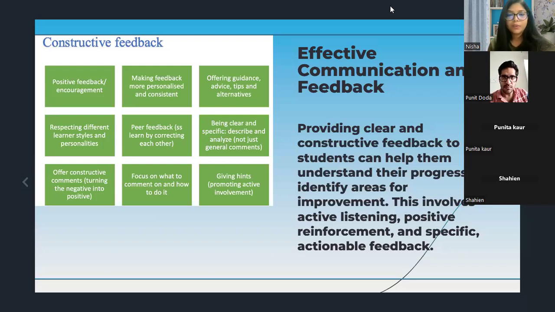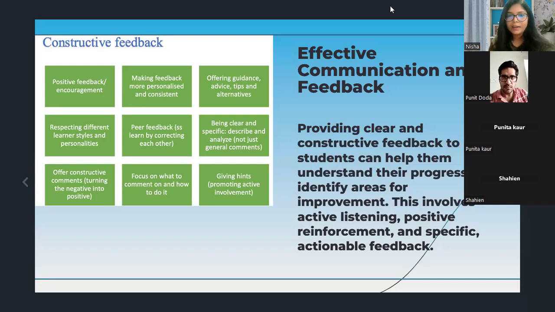We can use a feedback sandwich, that is a positive comment, constructive criticism, and a positive comment, which can be an effective method. If there is something negative, we need to create a sandwich. First, we need to give a positive comment, and then we need to slightly go on to the constructive criticism.